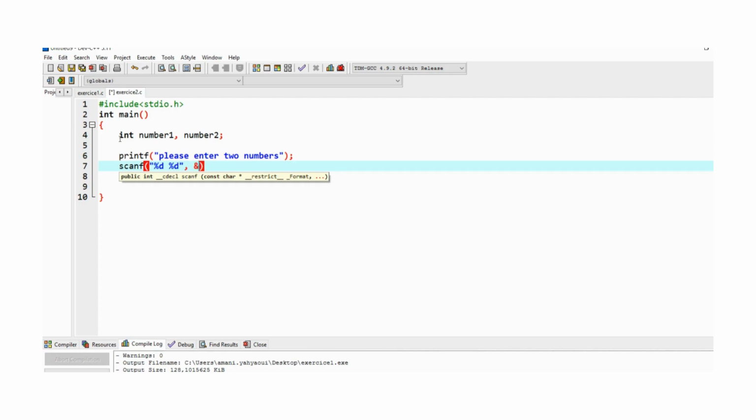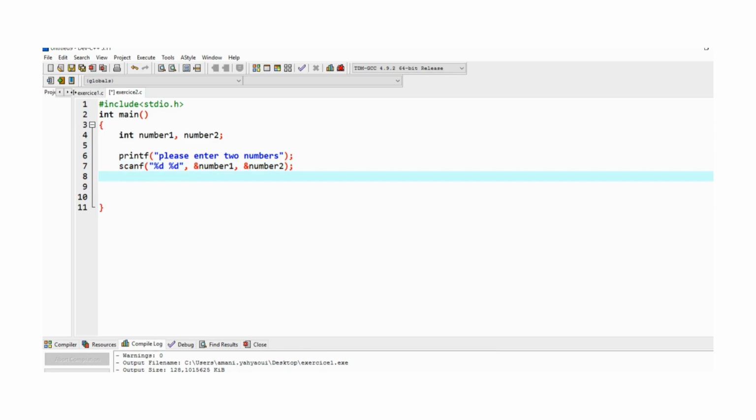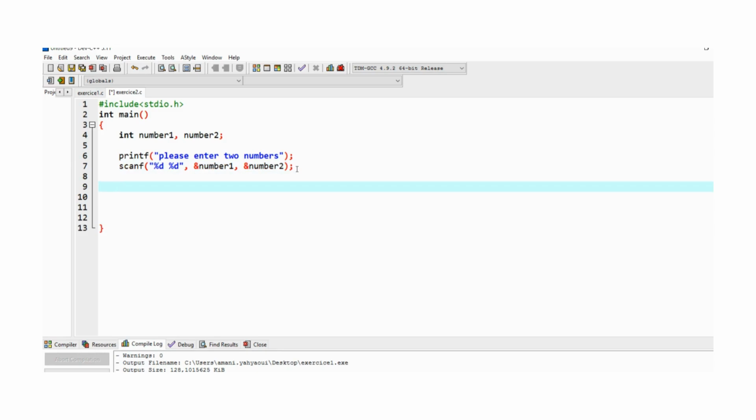Address number 1 and address number 2. So here we are going to enter 2 numbers. The first number will be registered in number 1. The second number will be registered in number 2. Until here we have our 2 numbers. Okay, so now let me write here: entering